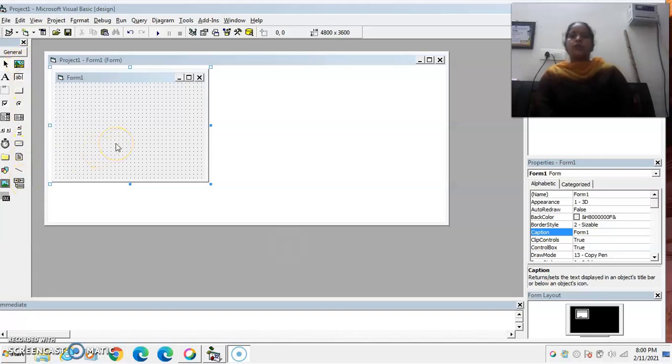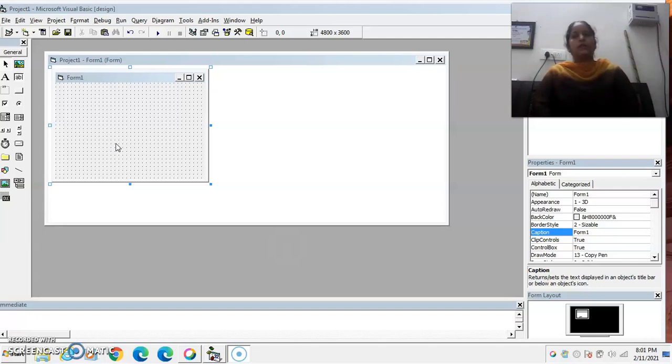Standard controls are stored in exe files. On the other hand, custom controls are not available by default. Means if you want to use the custom controls, then you have to add special files.